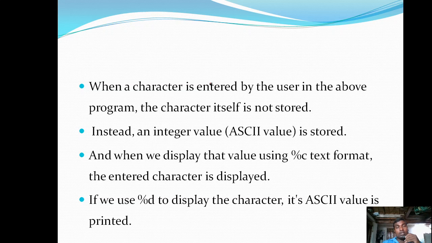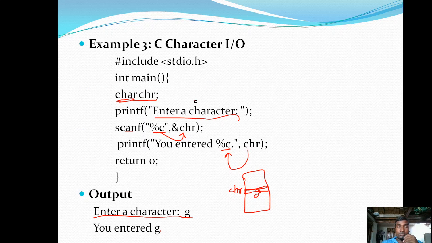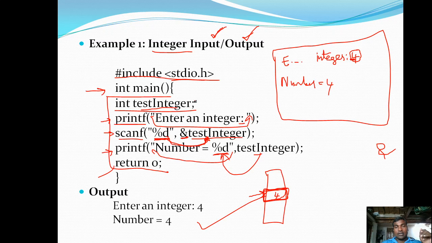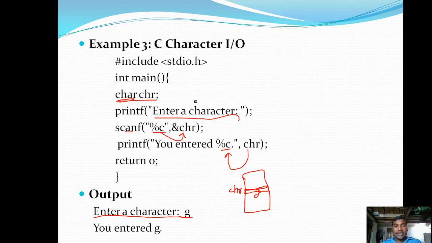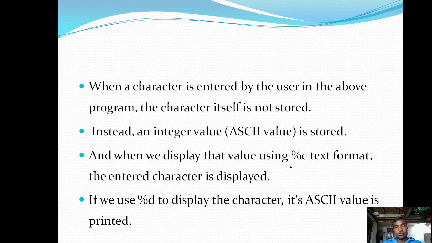Okay. Now, one thing you need to remember. In the previous case, we were reading numbers, and we were storing those numbers in the memory location. Here we were reading the fractional values, and we stored those fractional values in the memory location. Here we are reading the character values, but we are not storing the characters in memory. Instead of this G, we are storing some ASCII values. Okay, so that will be discussed here.